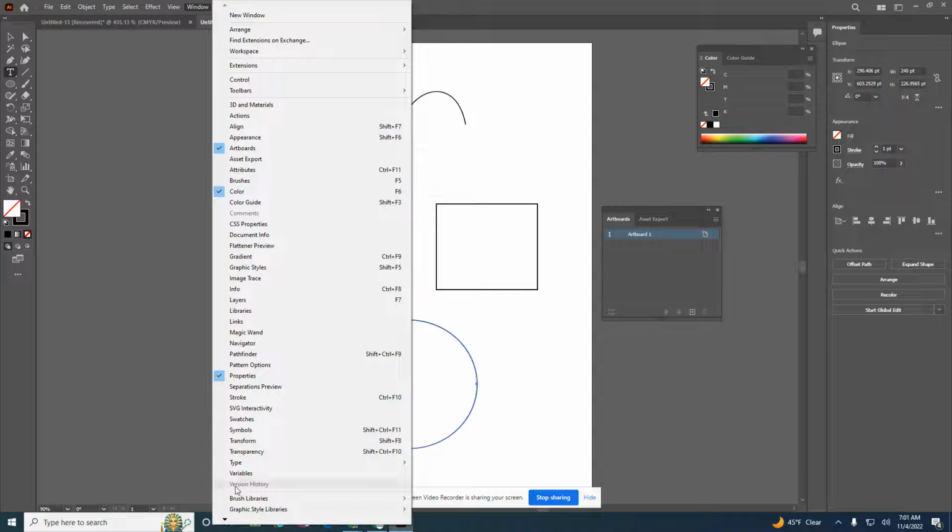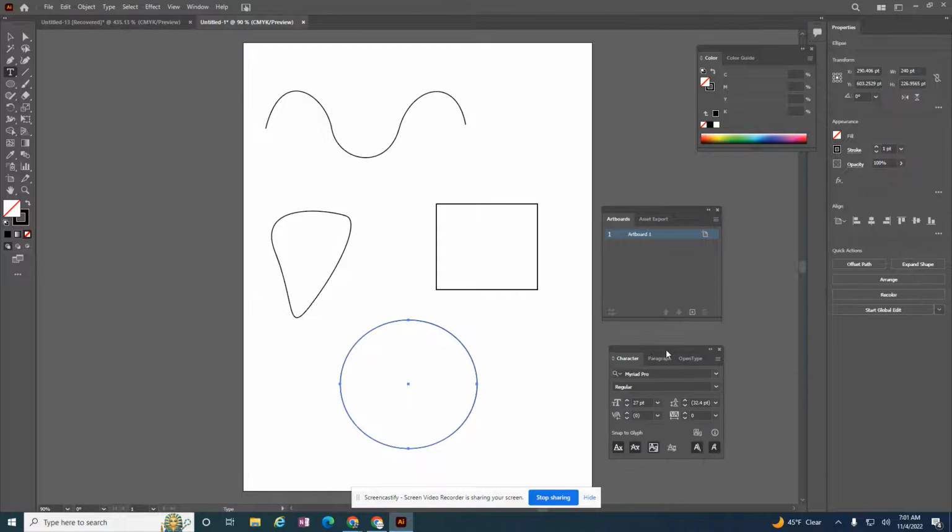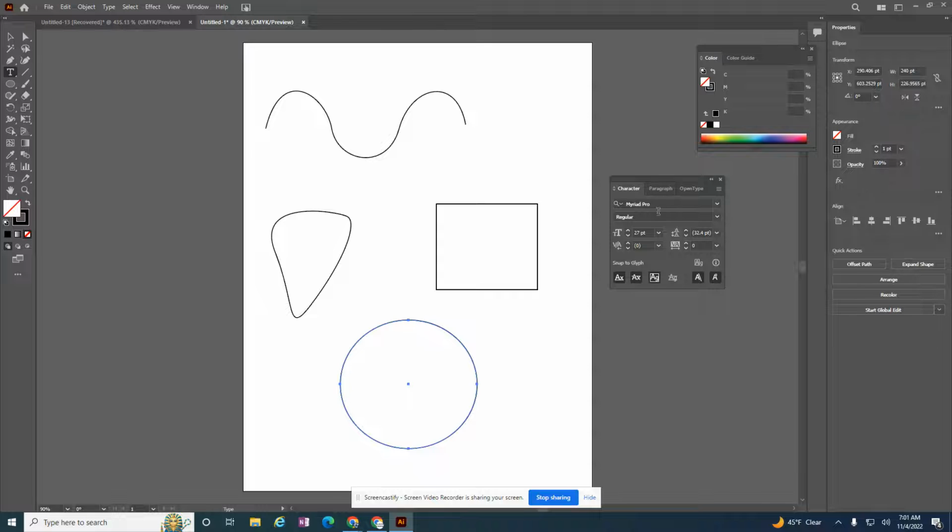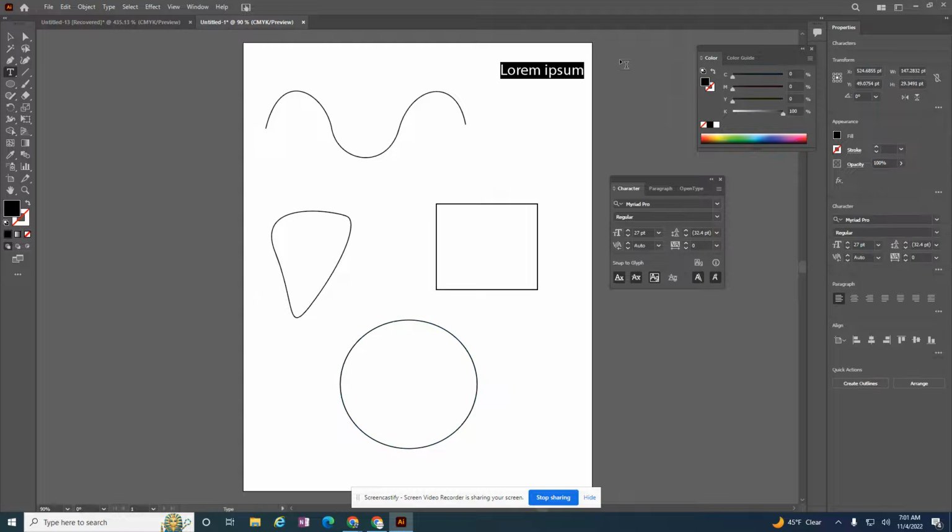I also may be interested in having the character panel open because I am working with text. And once I'm typing text, it often pops up in the properties box. So I just opened it up for some setup. But we know how to use the type tool. I click on the type tool, I click,